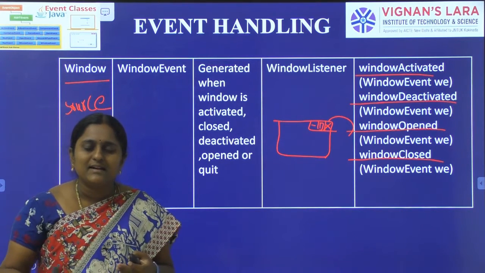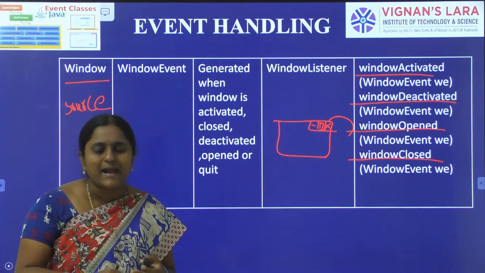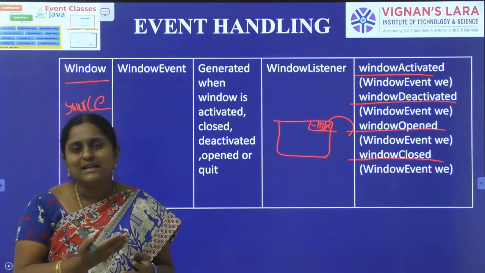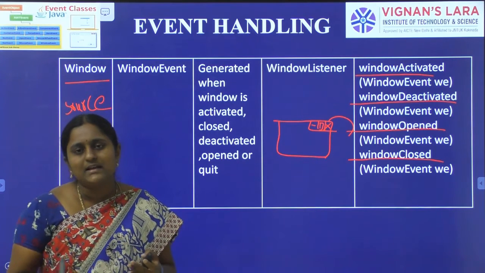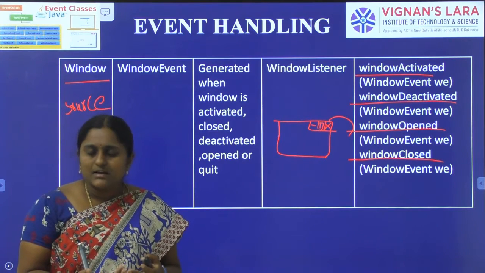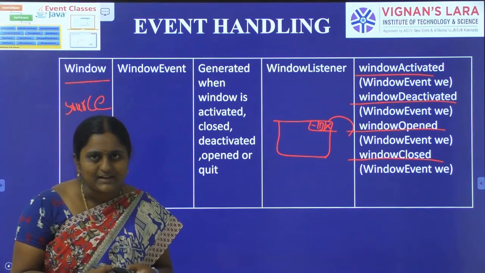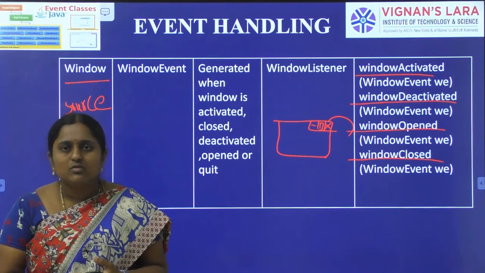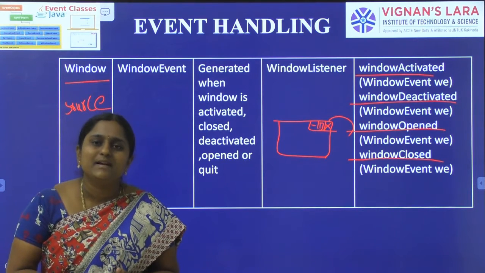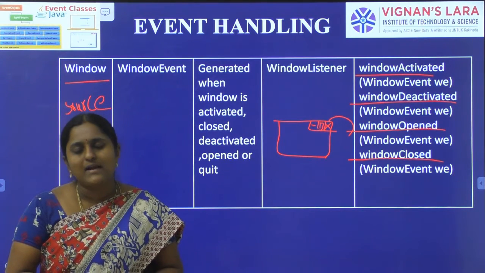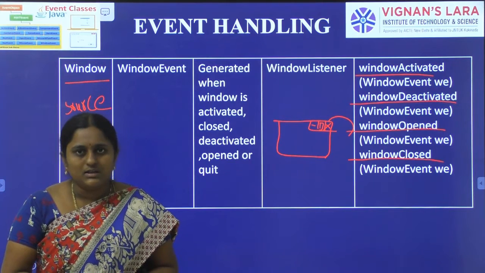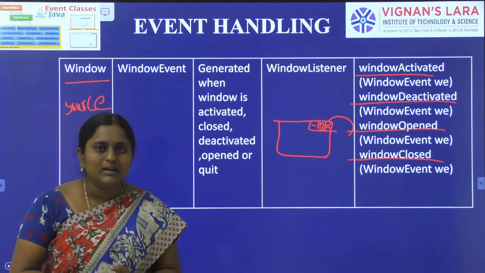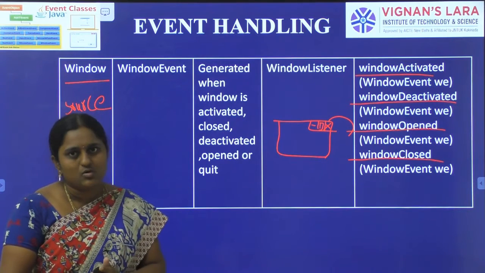When an event is generated, the particular listener interface will be activated and it will pass it on to the particular listener, so that the listener executes the events through interfaces. Listeners are associated with interfaces that contain method declarations without any body. Interfaces have a number of methods to handle the events. So this is the event delegation model and event handling. Already we covered the source and listener concepts.